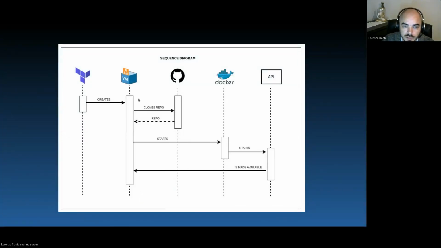Basically, what we are doing here is the remaining steps. We just created the machine. We will clone the repository. Then we will start Docker. Docker will start and trigger the API. And then the API will be available on the new remote machine. Okay,